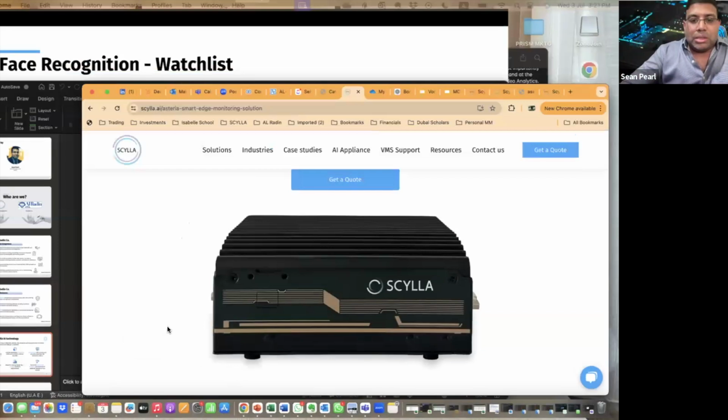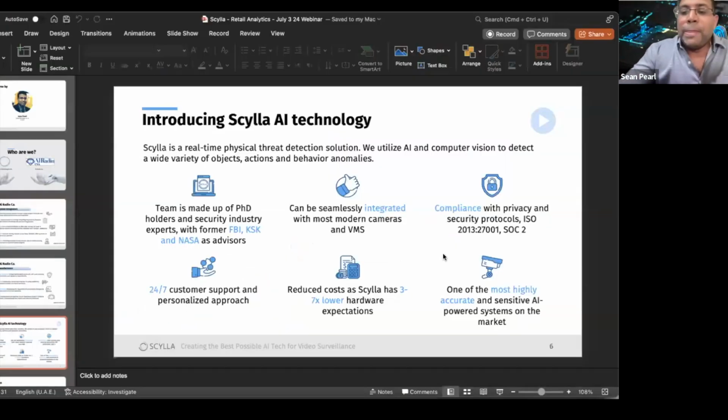Right, so let's just come back to this. Okay, so Scylla places a lot of emphasis on compliances as well. So all of their video analytics solutions comply with all of the industry standards. And for Scylla, it's not just a matter of the sale of the product. They believe a lot in after-sale support as well. So there is a 24/7 support center that has actually been set up to assist partners with any sort of issues that you might face with regards to configuration, setup, troubleshooting, all of these things.